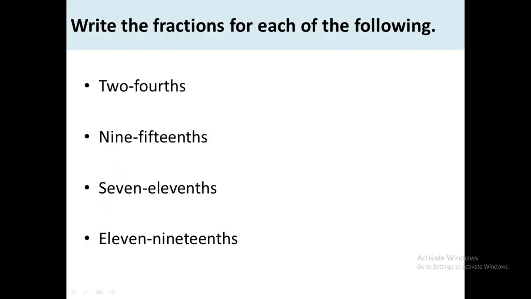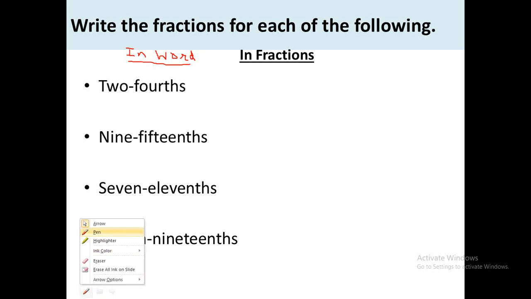Okay, now let's proceed. Write the fractions for each of the following. Now we need to write the fractions. This fraction has been written in word. Okay, so we need to write the fractions in figure, right? So 2 fourths. See, if you look at these fourths,